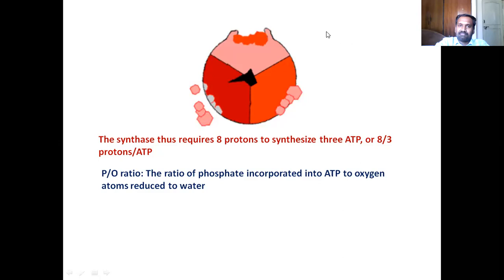So as and when it rotates, for the complex, the rotor rotates, the gamma protein. You can see this. See these pink color ones. Pink color ones are ADP plus Pi. So ADP and Pi come to the complex, sit on the surface